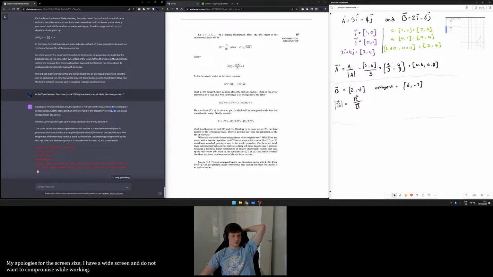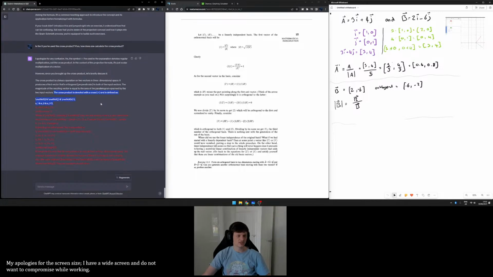The cross product is a binary operation on two vectors in three-dimensional space. It produces a third vector that's orthogonal, perpendicular to both of the input vectors. The magnitude of the resulting vector is equal to the area of the parallelogram spanned by the two input vectors. The cross product is denoted with the cross and is defined as